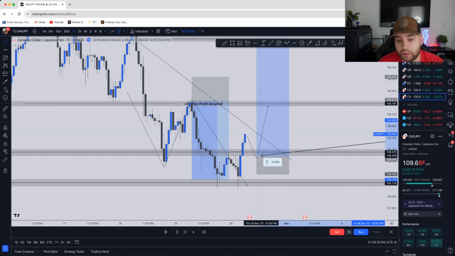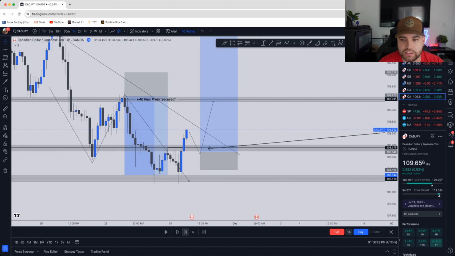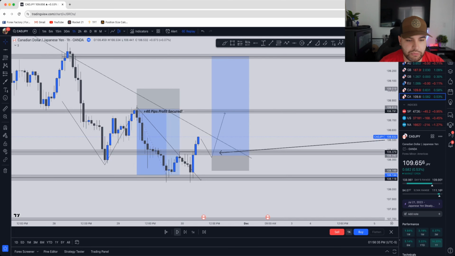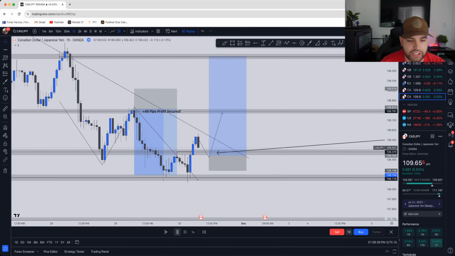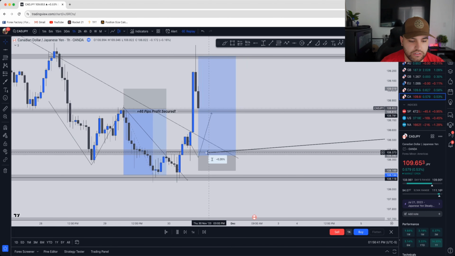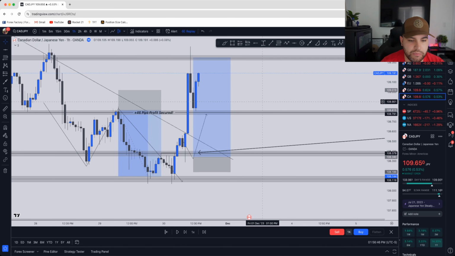So now what I want to do is let the market play. We're going to just play this out and see what happens. Okay, so give me 1 second here. We're just going to play this out here and watch what happens. So as the market starts playing out, you see that the market taps into this zone, okay, and we get a beautiful reaction. And as you can see, we had a beautiful take profit smash at about 100 pips